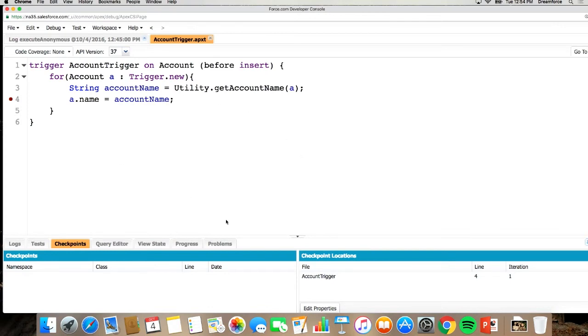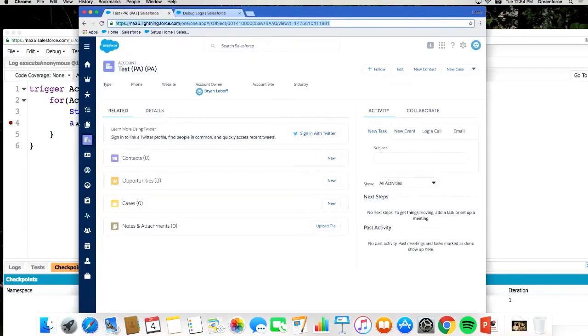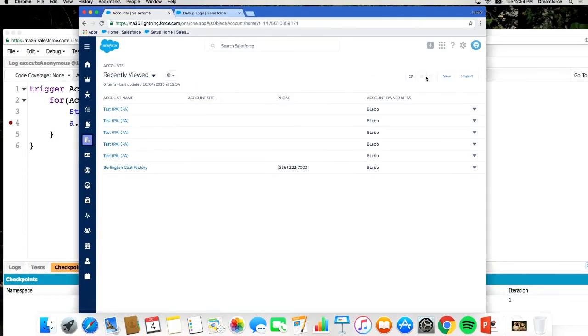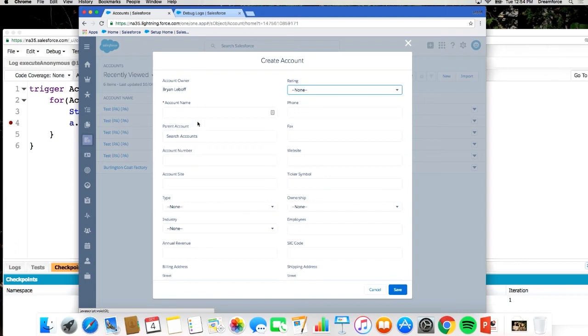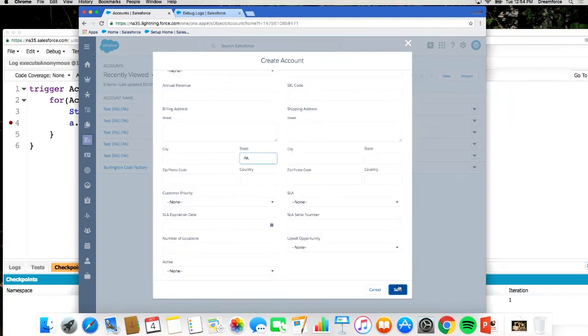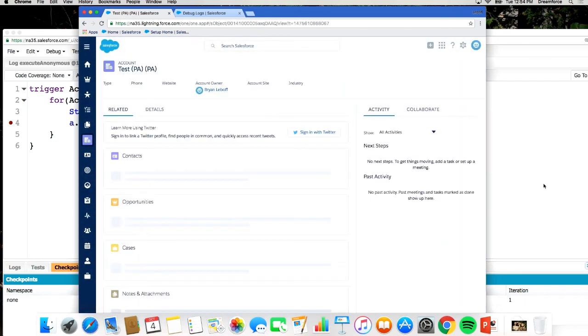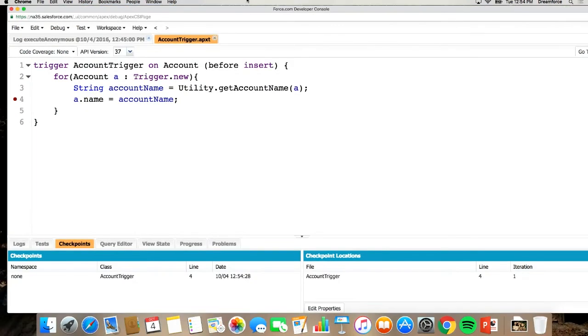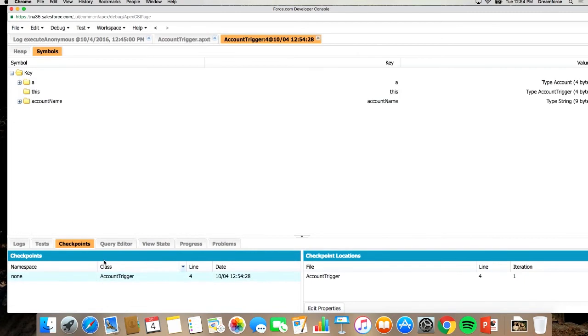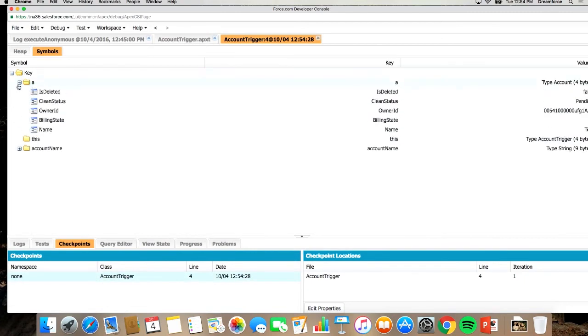Now when I go back and run my trigger, and it saves, you can see in my checkpoints a new line showed up, and I can open this up, and this is a dump of the variable simple information at that point. So my account name,